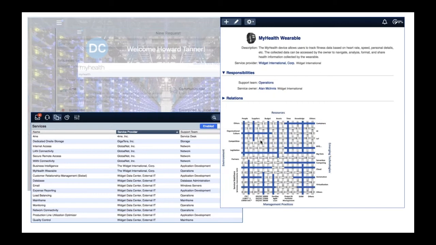And that finally brings us to a service description for, in this case, again, this My Health wearable service. But now the mesh is showing us the capabilities that we now have for applying this service. And that also made sure that we had to update the management mesh for the organization capabilities, because of this new idea that we released, we also got new capabilities as an organization. So one of the steps in the workflows is to update the organization's capabilities also, because they have changed based on this new product that we have released.